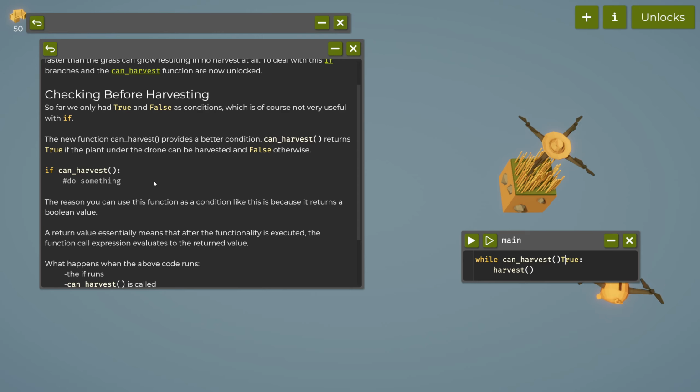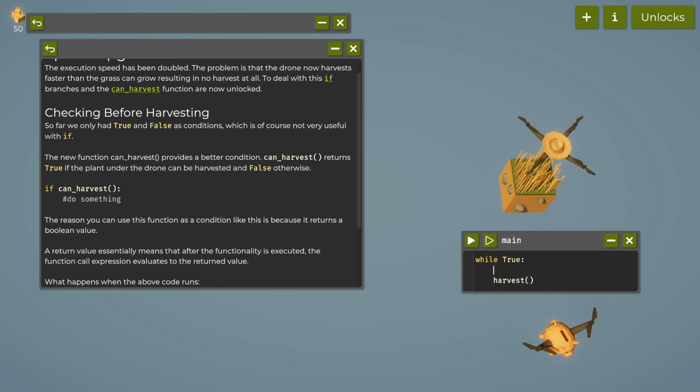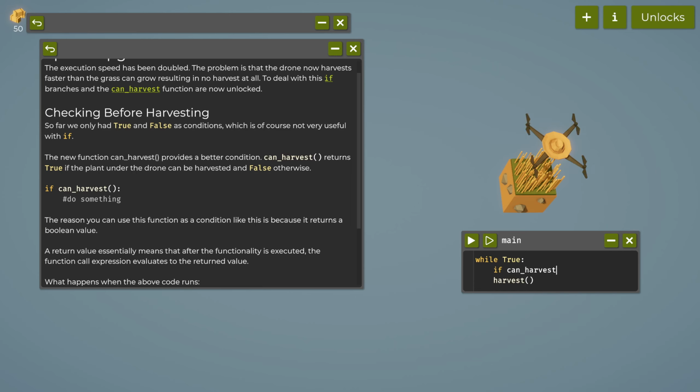I guess I should read this. If can harvest, do something. The reason you can... Well, so I guess what I can do is while true, if can harvest